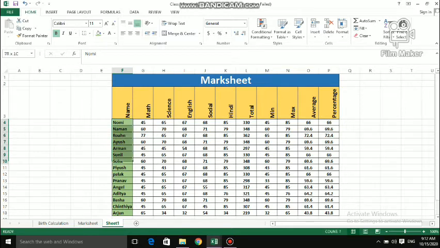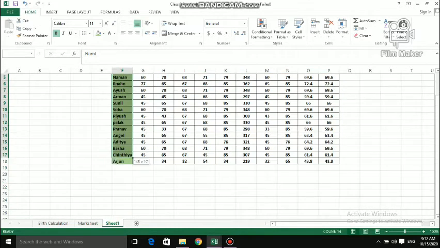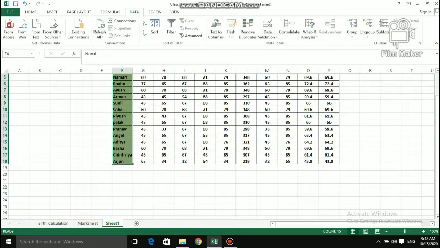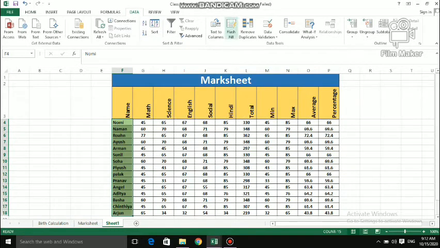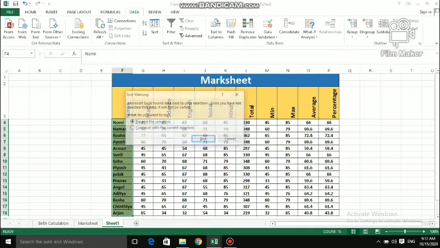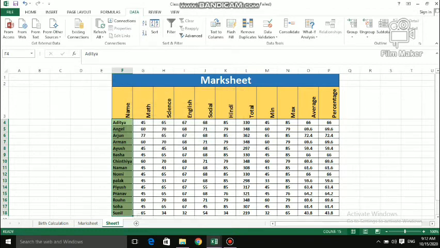For this you have to select the column. So I have selected the entire column. Now I have to click on the Data tab, and you can see the group Sort and Filter. If I click A to Z, let's observe what will happen. So, continue with the current selection.